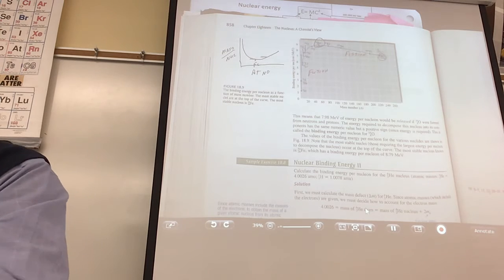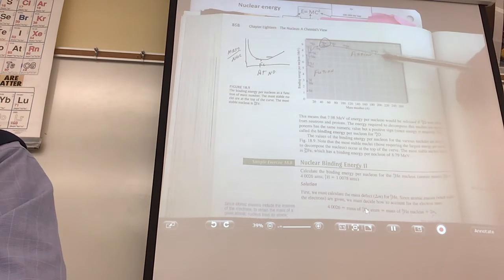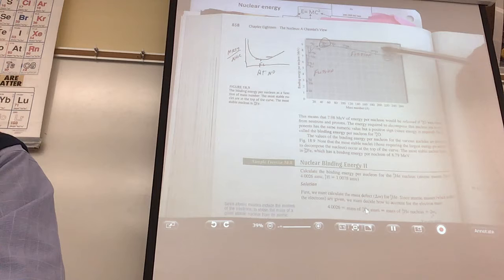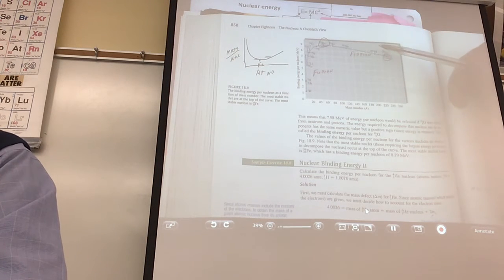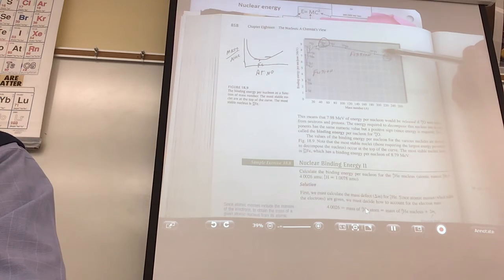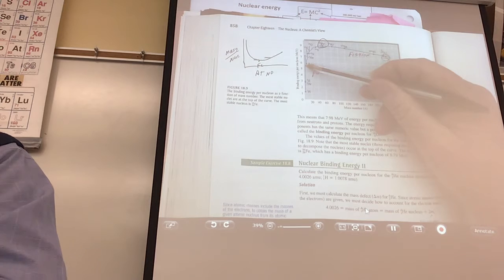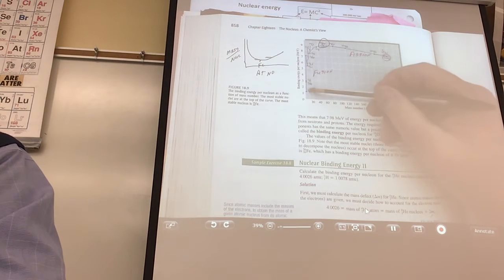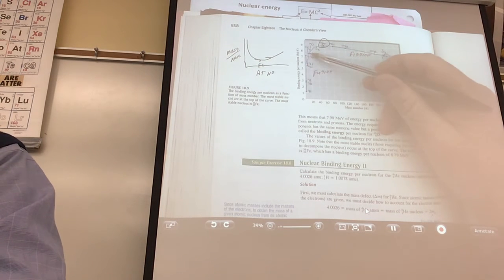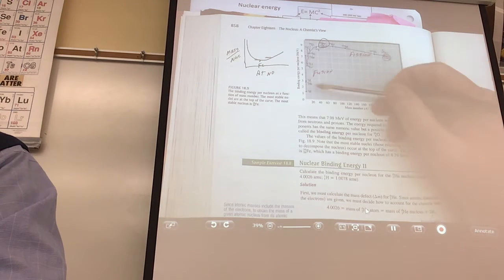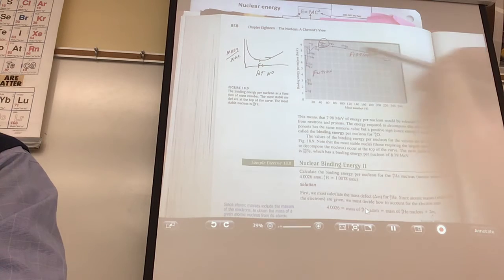So the difference of energy here would be how much energy you could give off in a fission reaction. And what he was saying in the video is the difference between here and here is kind of big. It's a lot of energy. But what about here? What if you put some of these together and turn them into here? Look at the difference in energy there. It's huge, isn't it? And so you can get more energy from fusion than you can from fission. This graph explains fusion and fission.